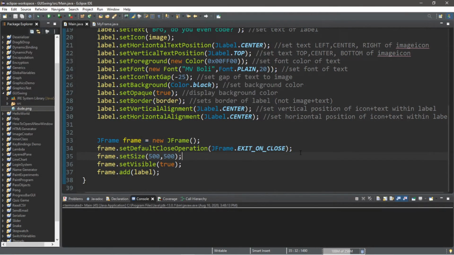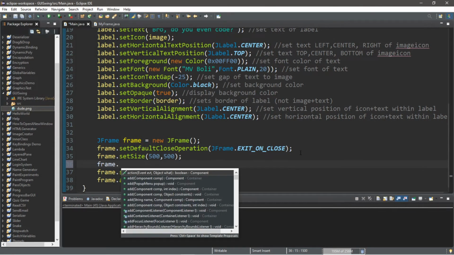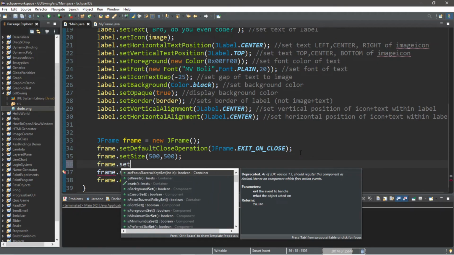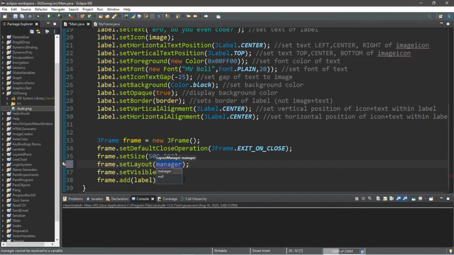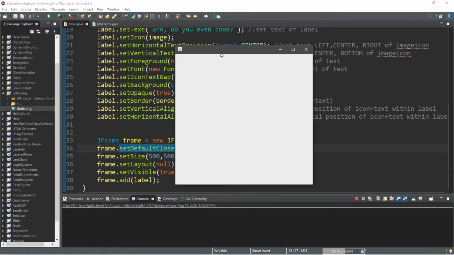So let's take our frame, not the label, frame dot setLayout, and for the layout manager that we're going to use, normally with the default it's BorderLayout. Let's set this to null. And then when we run this, it doesn't display anything.